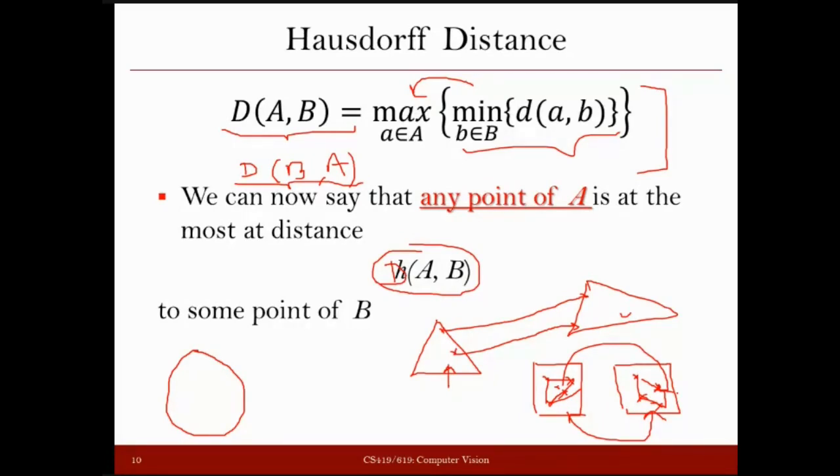And one more thing you can observe here, that in these examples, the overall distance is going to be decided by the convex polygon that encloses all these